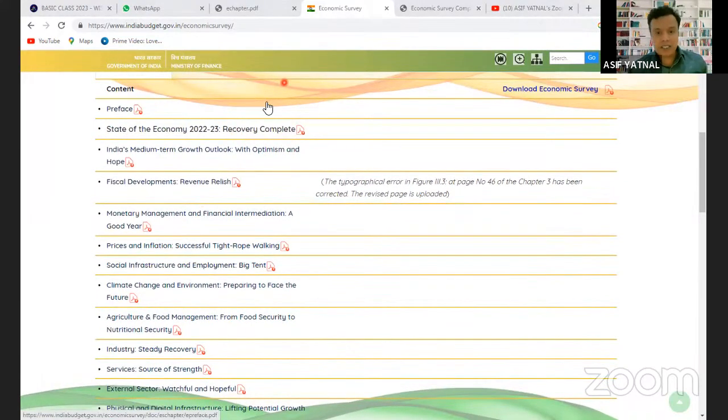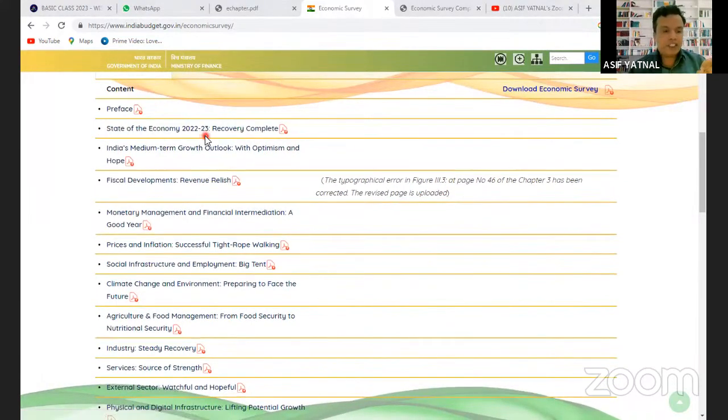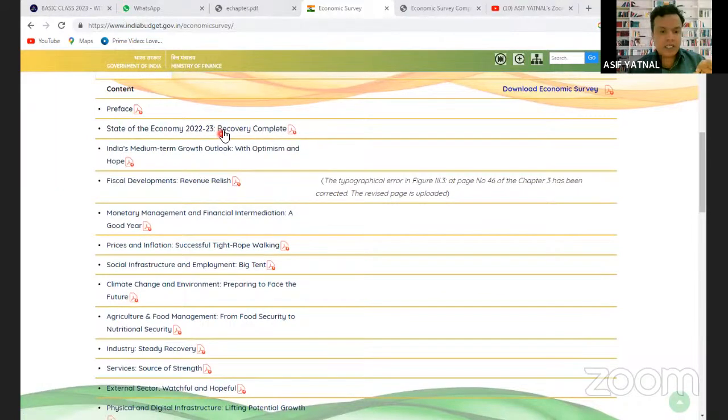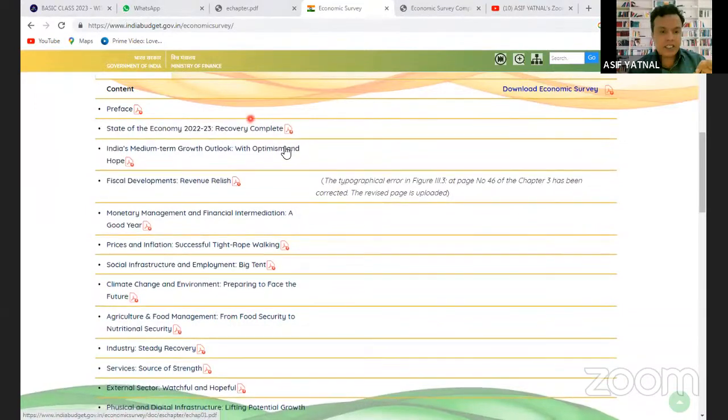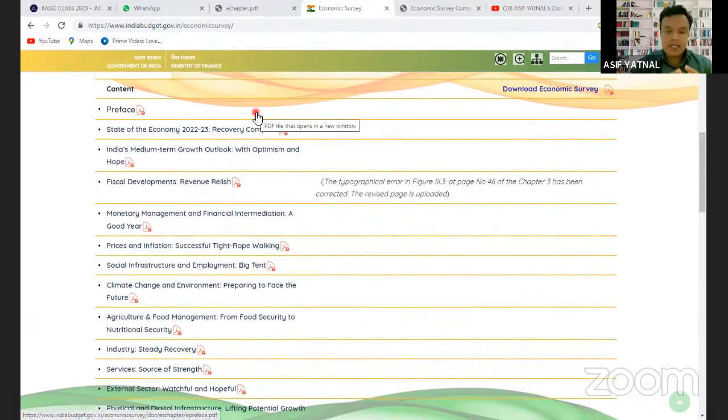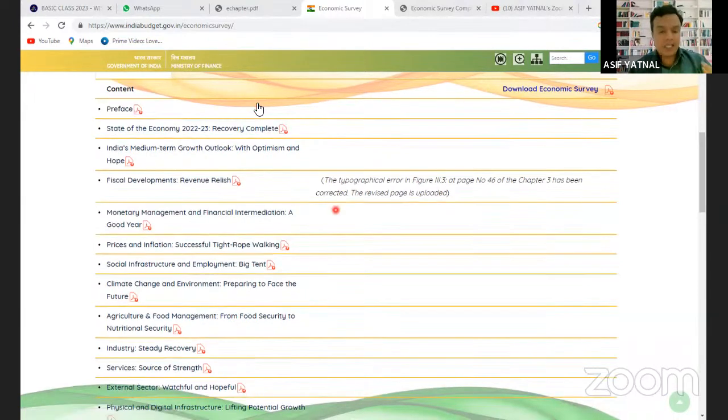Second, now here if we look at this state of the economy, in every chapter you can see the recovery. As per the economic survey, due to the disruption created by the pandemic, the Russia-Ukraine war, and certain earlier policies of the government like demonetization and GST implementation, तो इंडिया का economic growth rate क्या हो गया था? Decelerate हो गया था. Like before 2017, the Indian economy was growing at a rate of 8 to 8.5% per annum.